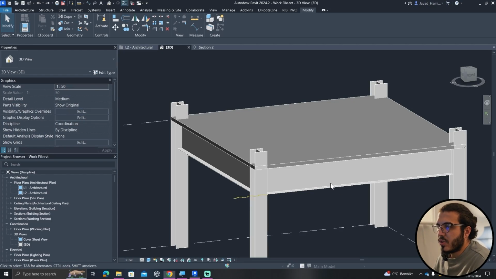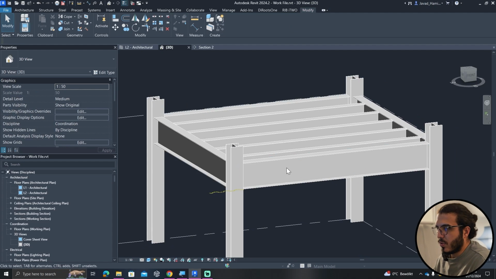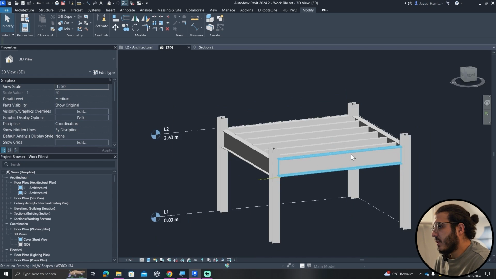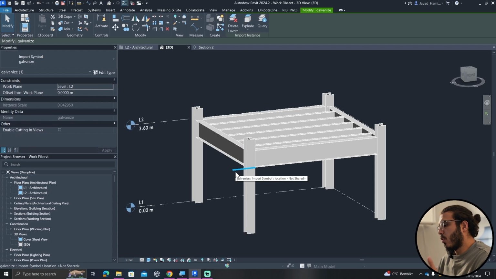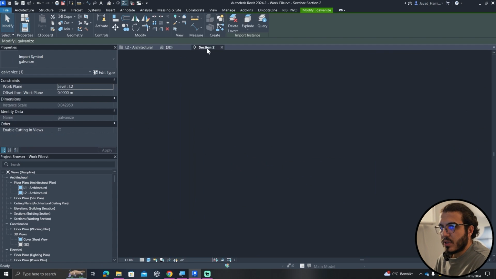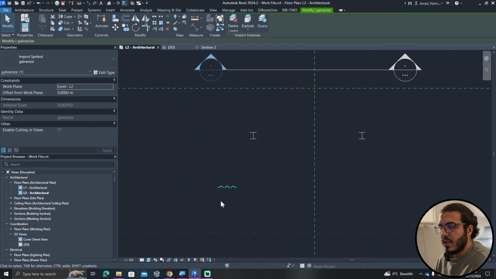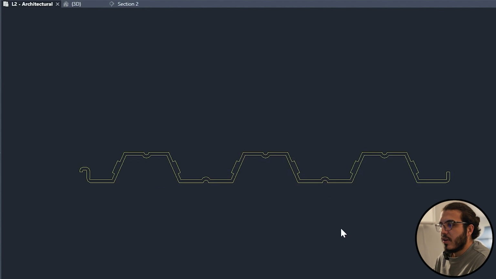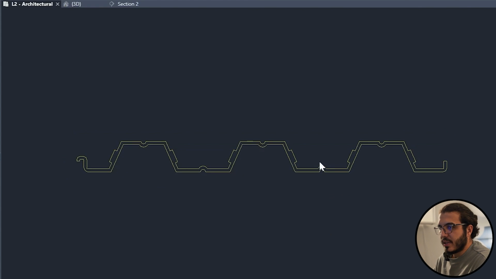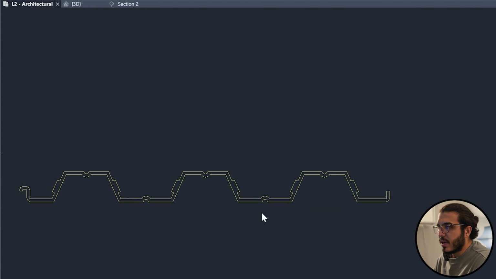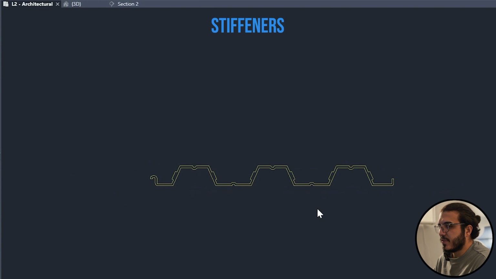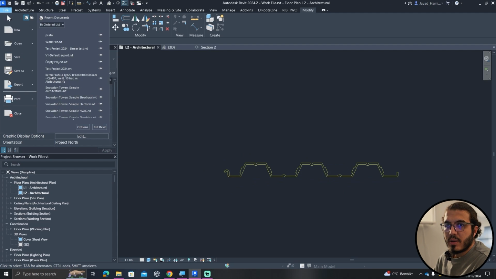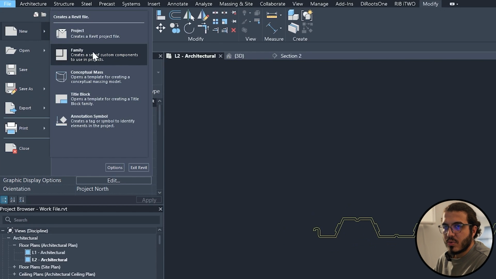To create our parts for our metal floor or metal plates, for LOD 400, we need to use beams as a place to work with it. And if I go to the structural level, I have a detail in here, which is the detail of our plates, and we are going to use it, and then we will model the concrete part, and also we will model the stiffeners too. In here, let's go to the file menu, and in here click on new and family,